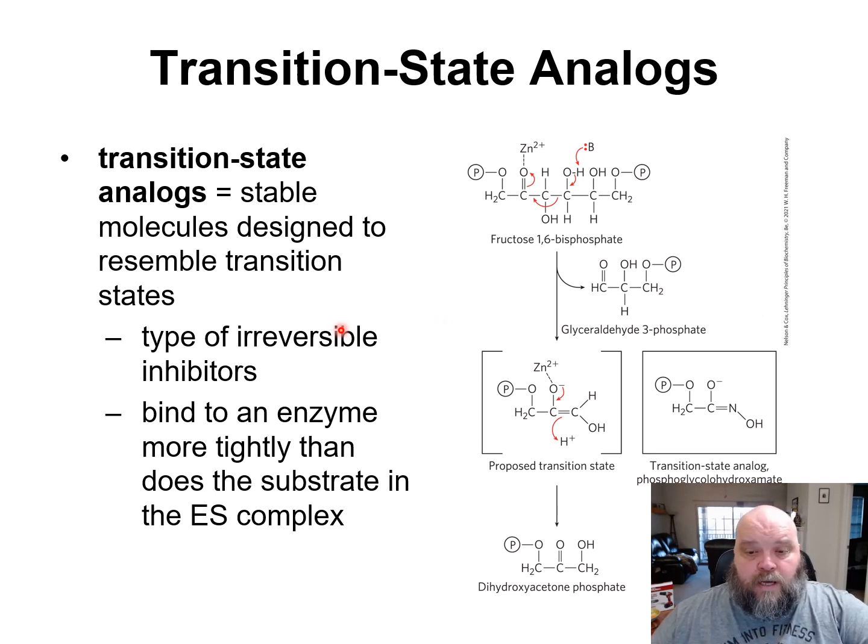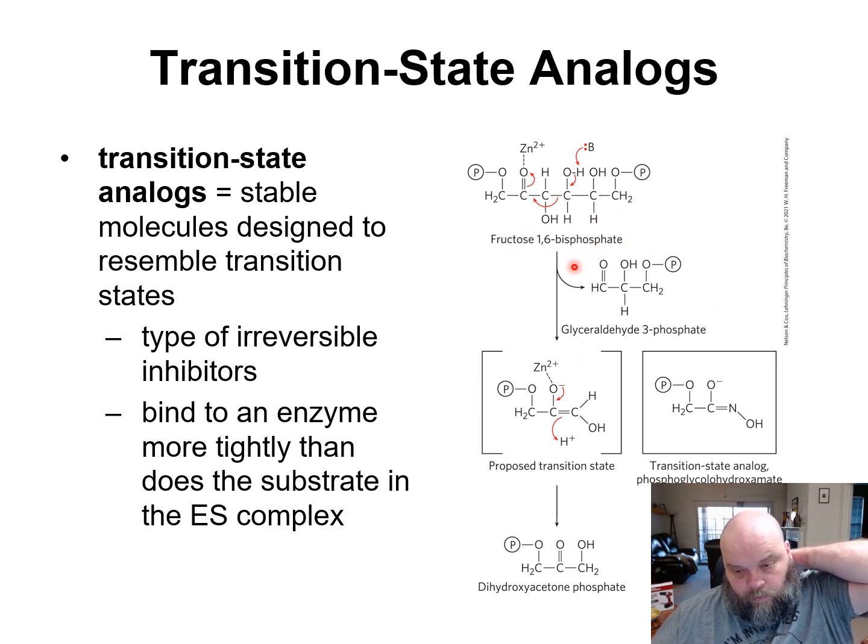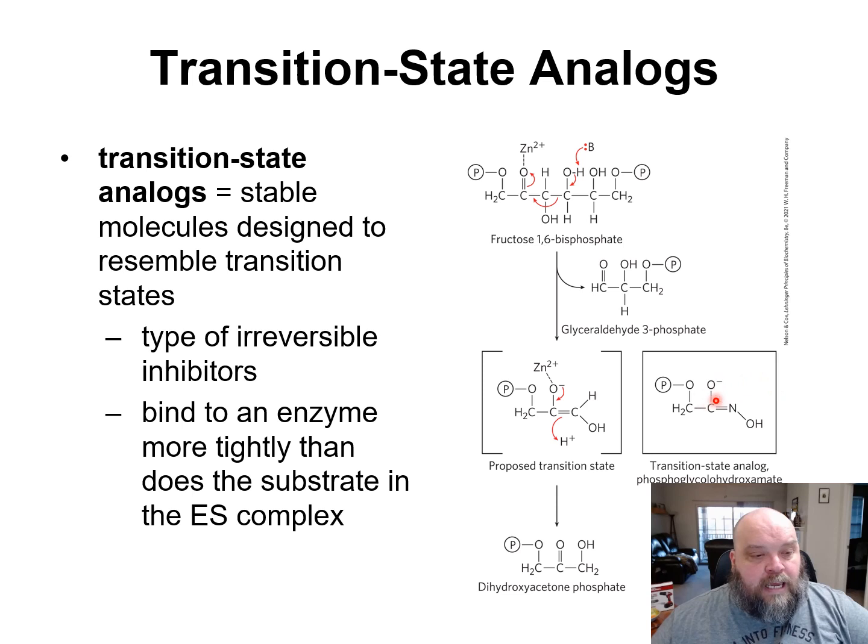You also have what are referred to as transition state analogs. These are molecules that can get in, and they're going to allow the first few steps to occur in going from E plus S to an ES. So you're going to see fructose 1,6-bisphosphate. We think it has this transition state here. But if you take an analog of this, something that closely resembles this, anything that's this is now going to get into the active site of,